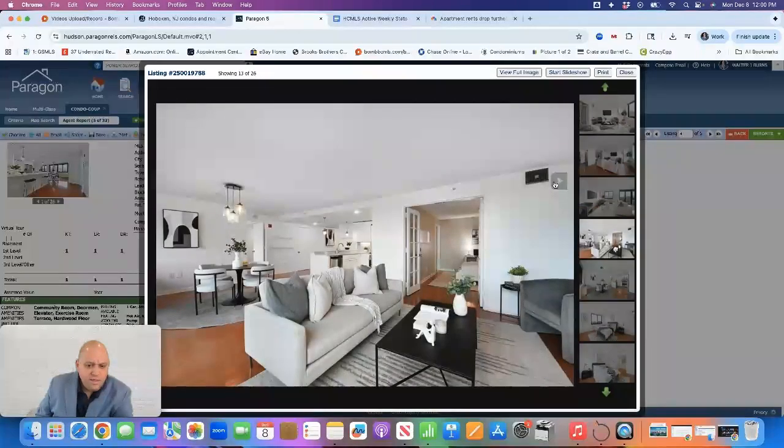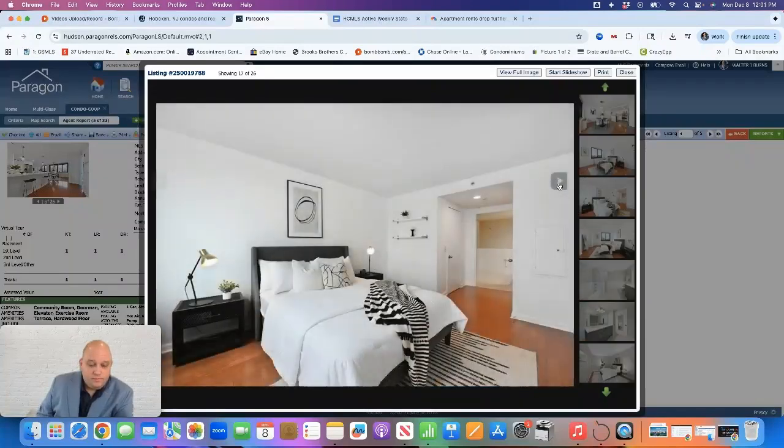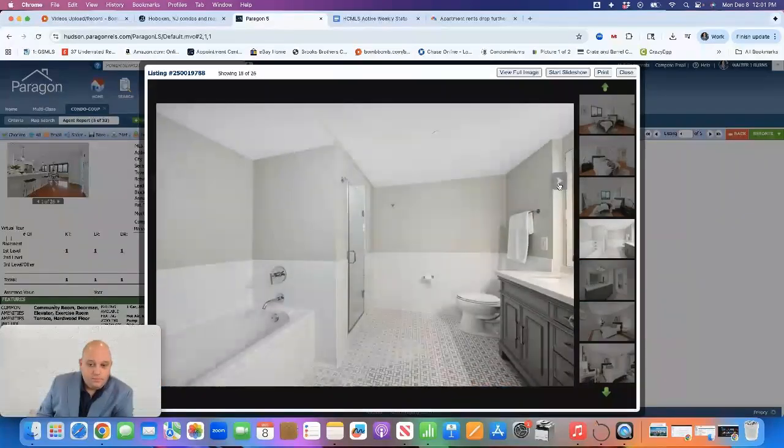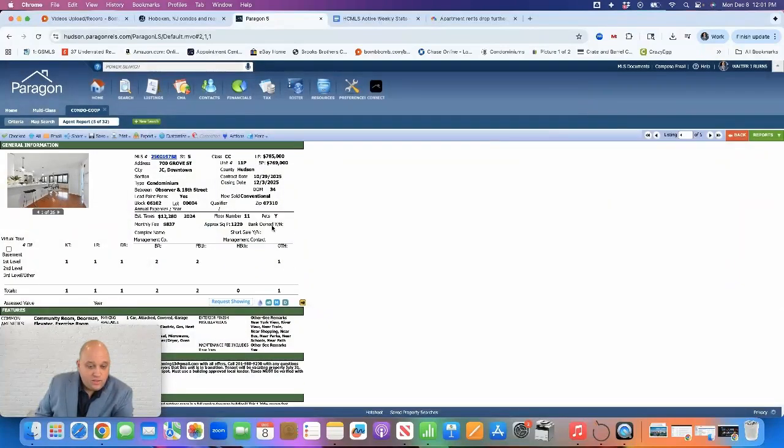And those units tend to sell for a little bit more. But you can see here, this is the other room. There's a French door here. There's also another door here that leads to a full bath. And this 1-bedroom plus den has sold over at 700 Grove for